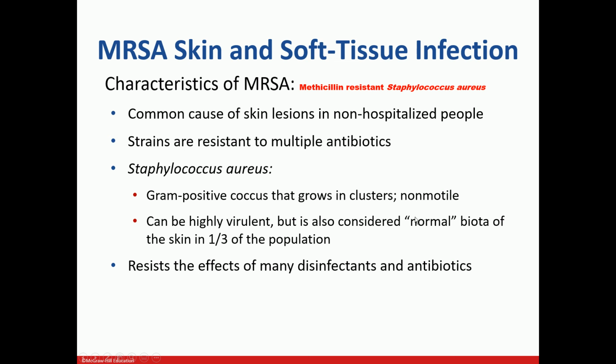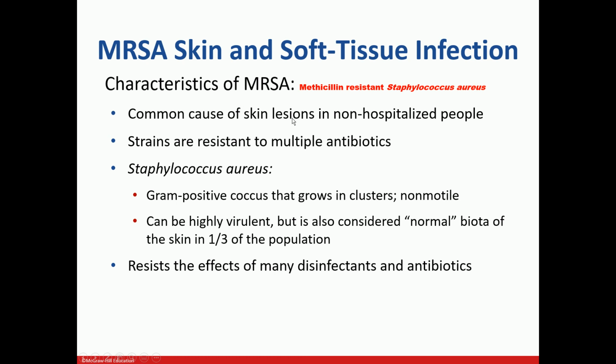And usually Staphylococcus aureus is a normal flora on the skin, but it can be very virulent also. It can be very pathogenic. It can cause various diseases. Okay, and a very important thing to know about Staphylococcus aureus is that some of the strains are resistant to multiple antibiotics. So we are talking about the infections caused by methicillin resistant Staphylococcus aureus, but they are resistant to various antibiotics. They resist the effect of many disinfectants and antibiotics, and they cause